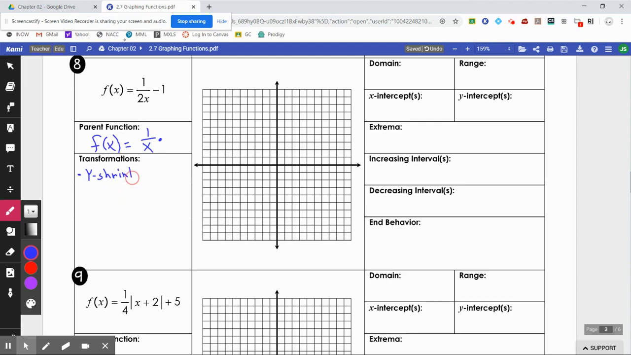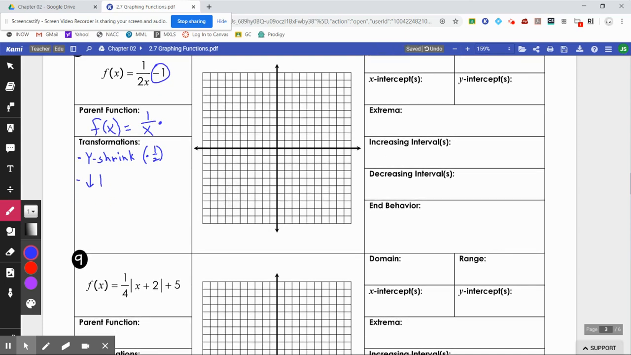A y shrink times 1/2. So we're going to shrink our y's by 1/2. Then the -1 on the end, that's just going to simply move your function down 1 unit. So I'm going to take a couple of points. Let's look at our original graph, and I'm going to take a couple of points for you